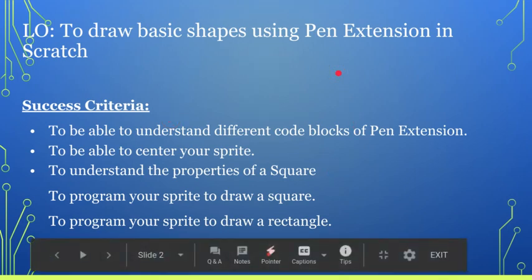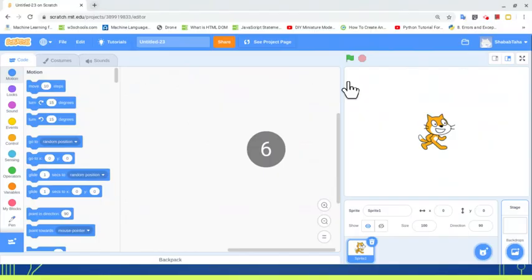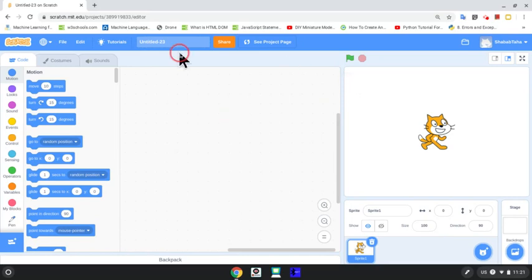your sprite. That's very important and a different thing that you will learn today. And you'll be able to program your sprite to draw a square. And if you get enough time, then we will program the sprite to draw a rectangle. So this is our success criteria, and these are the things that we're going to do today. So first of all, going to the Scratch window,